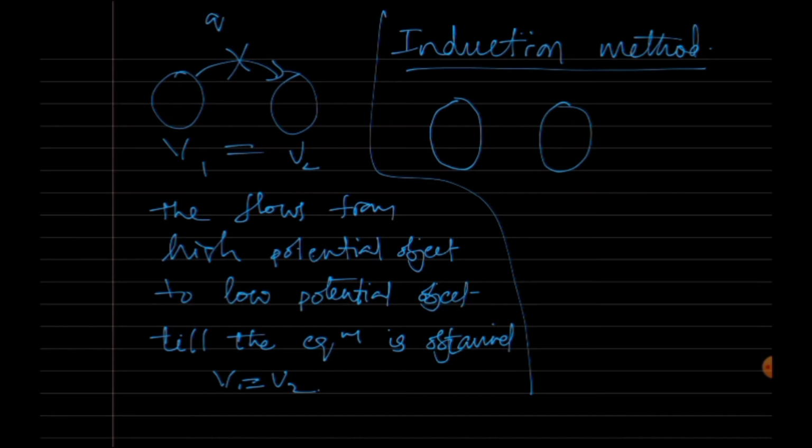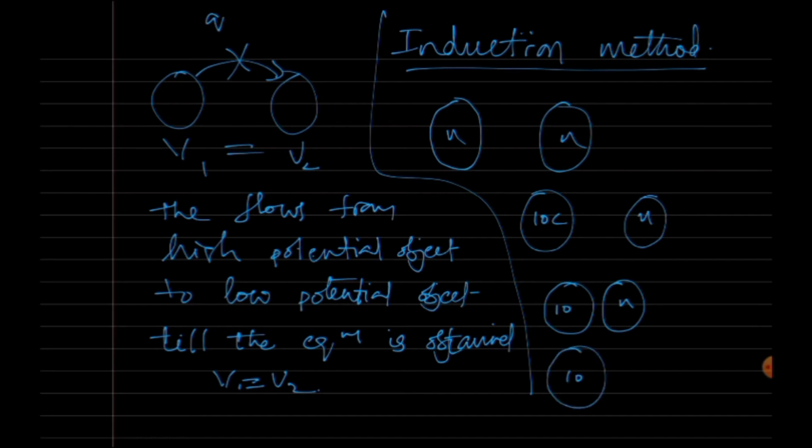So again, I'm taking two neutral objects. What I did is I have given a certain amount of charge to one object, and the second object is kept as it is, that is neutral. Now what I'm doing is I'm taking this 10 coulombs of charge and keeping it near the neutral object. Then what happens exactly is this 10 coulombs charge pulls all the negative charges towards itself,